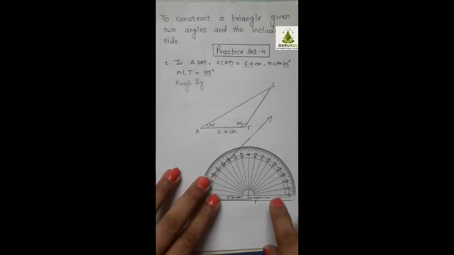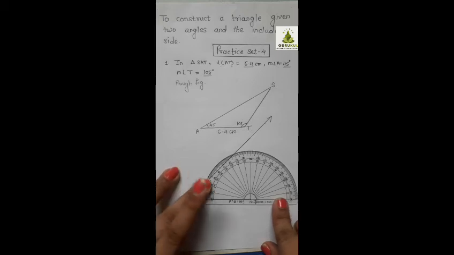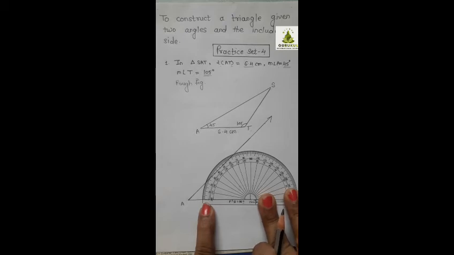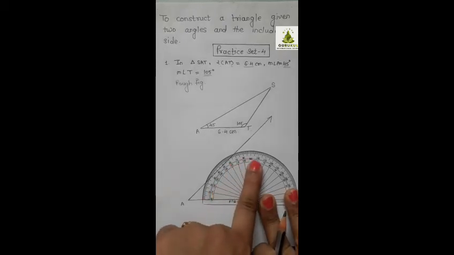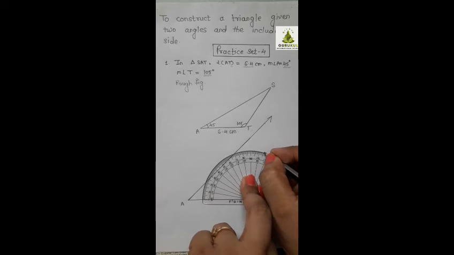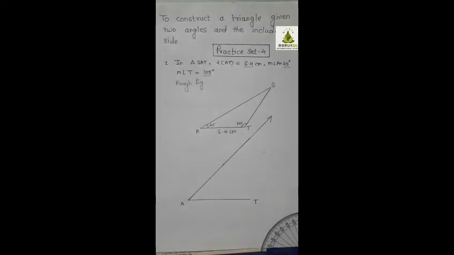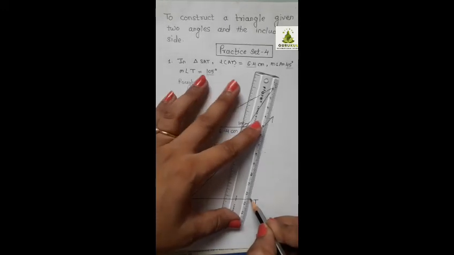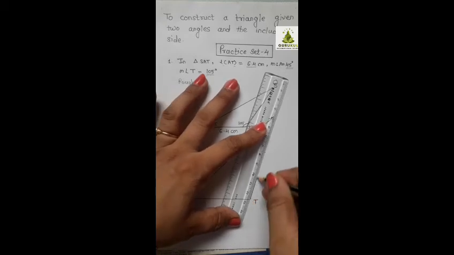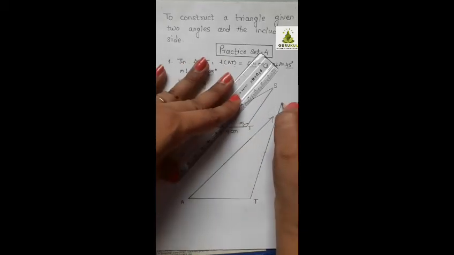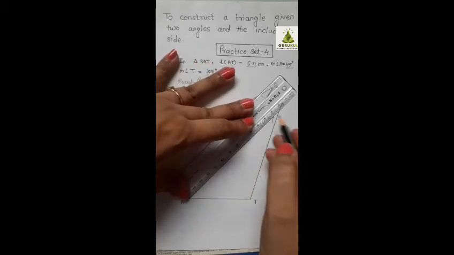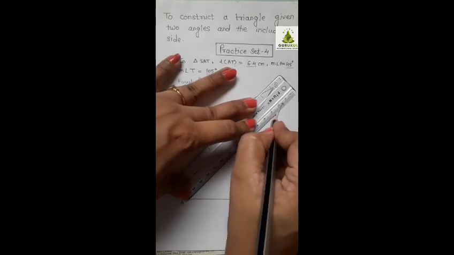So I will place the protractor on point T and I have to start from this 0 now. So this 90, 105 will come over here. After 100, 105. So connect this vertex T and this point this way. Now as you can see, this ray has been shortened. No problem, you can extend it using scale.